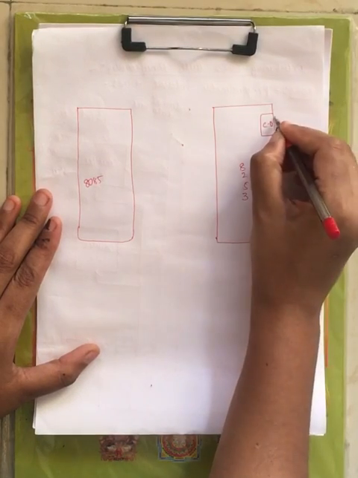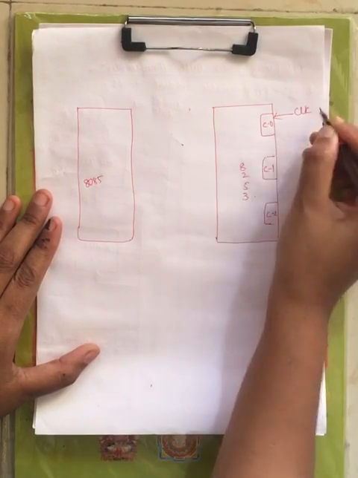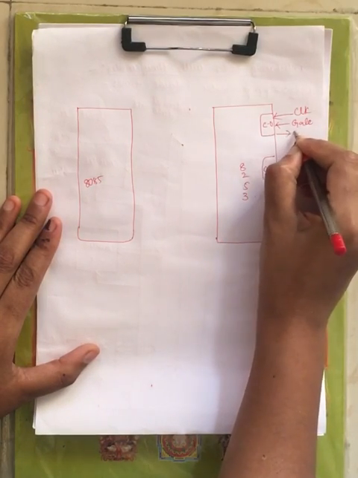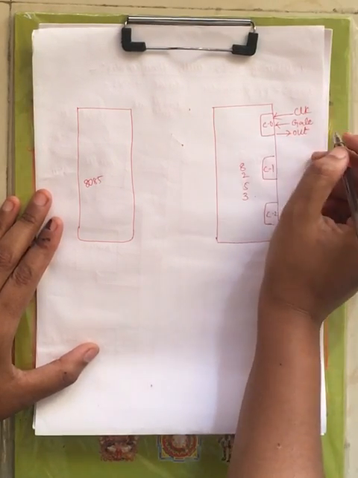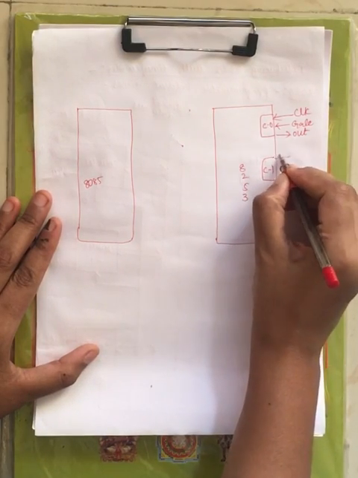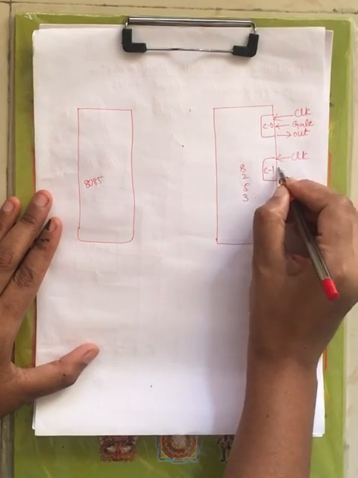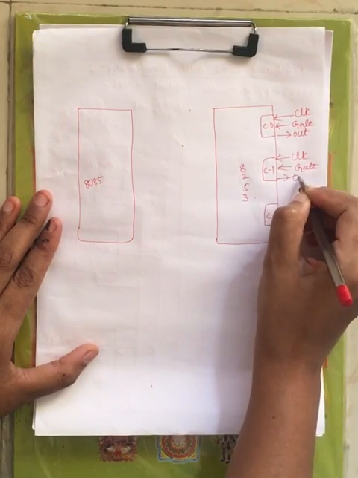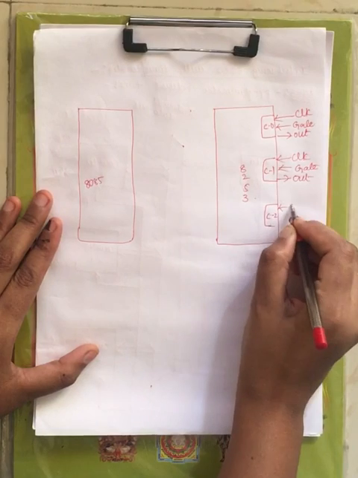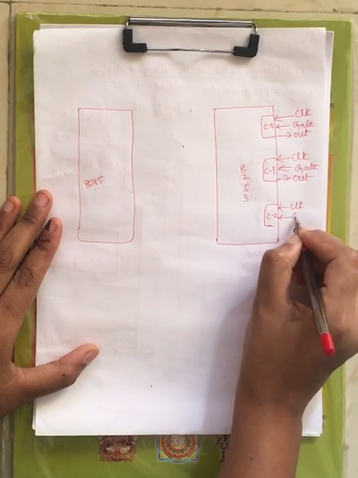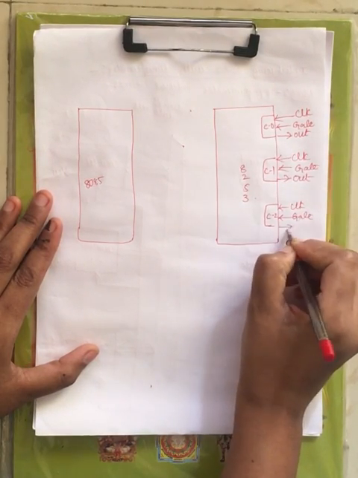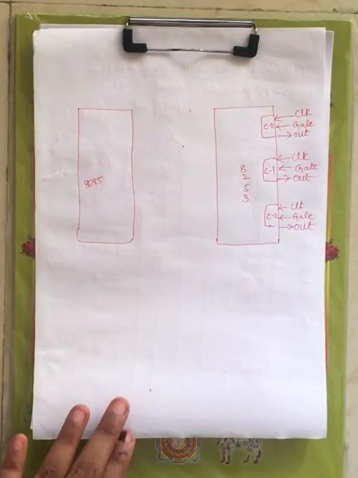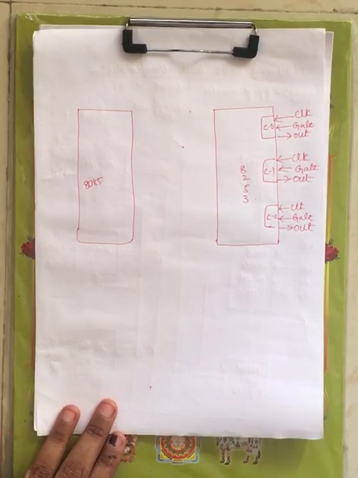Now for every counter you have a clock signal, an input signal, and a gate which is an input signal, and next you have out through which the output of a counter is collected. Similarly for counter 1 and counter 2, again I am representing here clock, gate as well as out. 2 input pins, clock and gate, and 1 output pin, out, through which the output of a particular counter is collected, right?